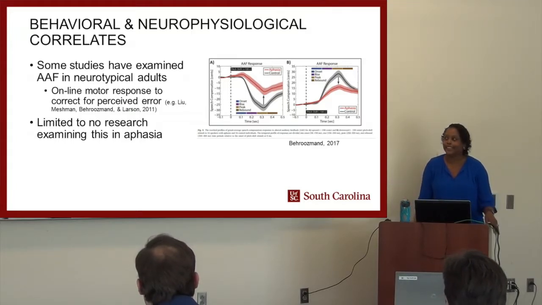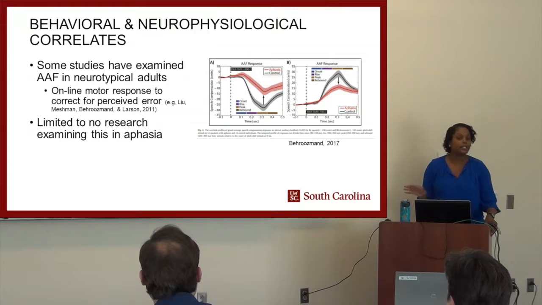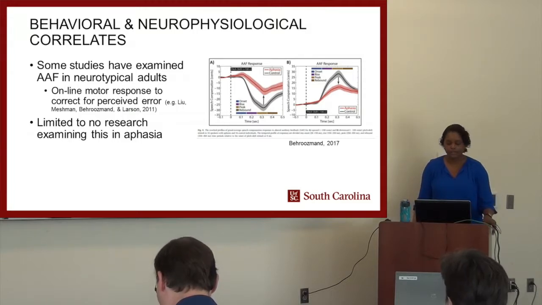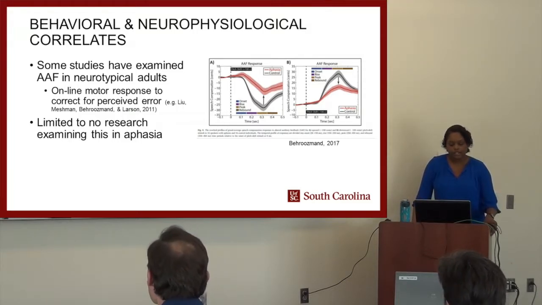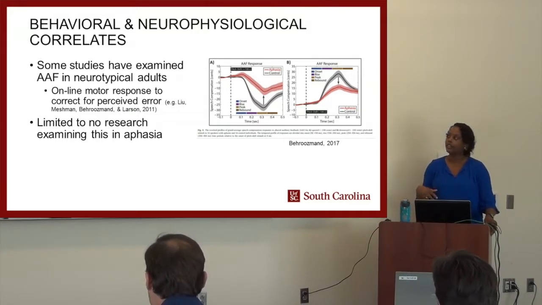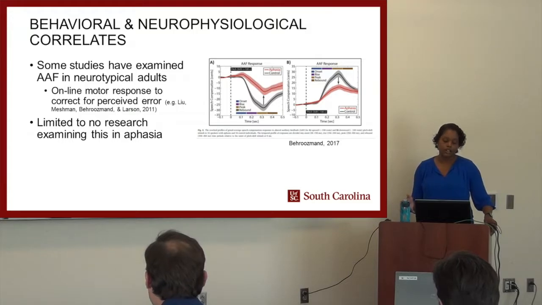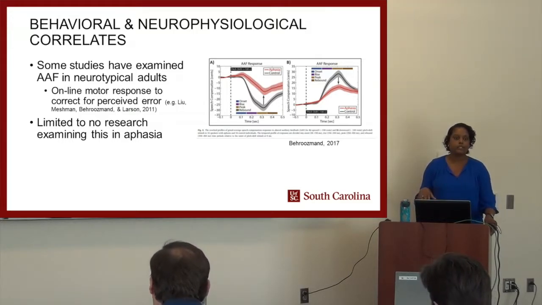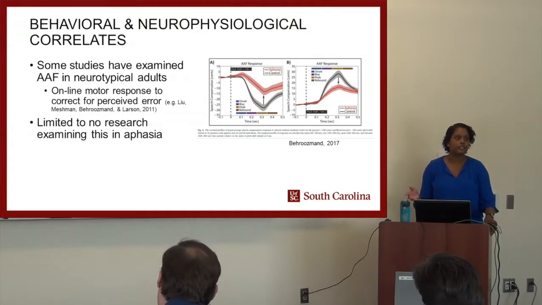just in everyday life, but they're asked to disregard any changes in their speech and to not try to fix it or do anything else. So previous research has indicated that in neurotypical adults, when they're provided this altered feedback, they try to compensate for this change. It's an online response, and typically they'll shift their voice in the direction opposite of the perceived change.